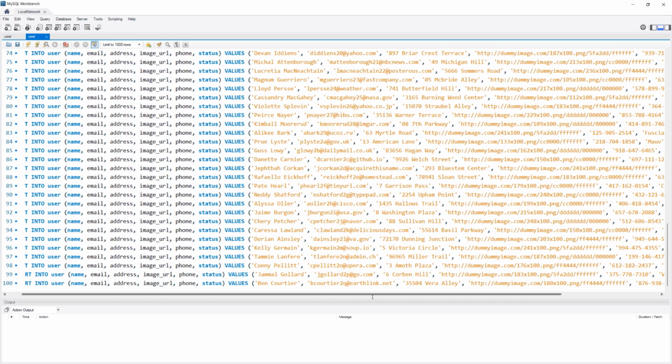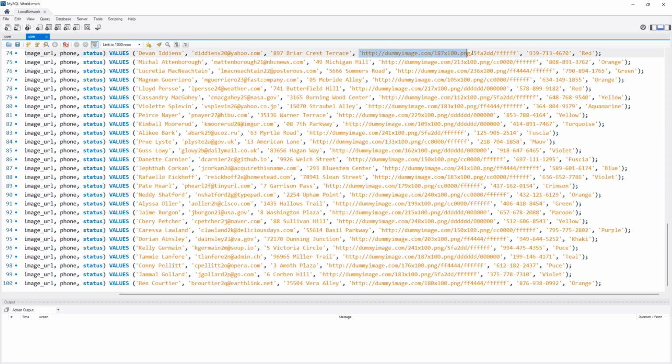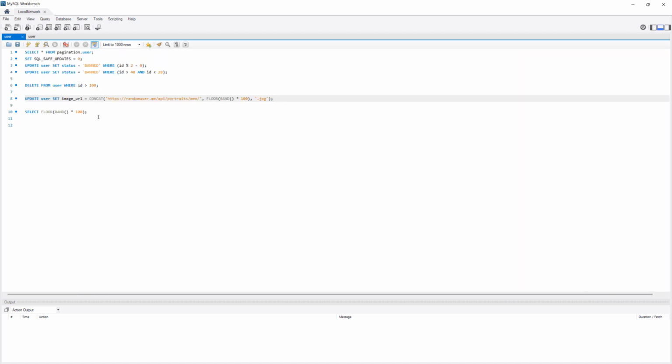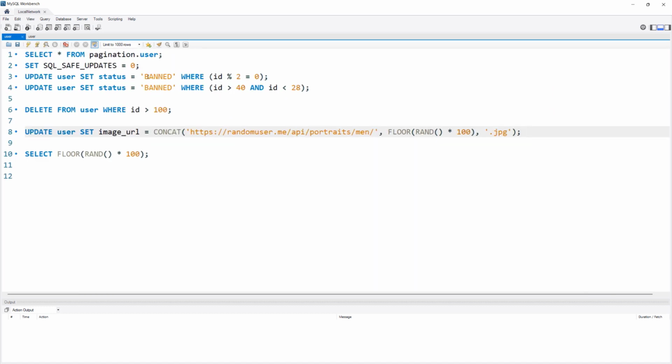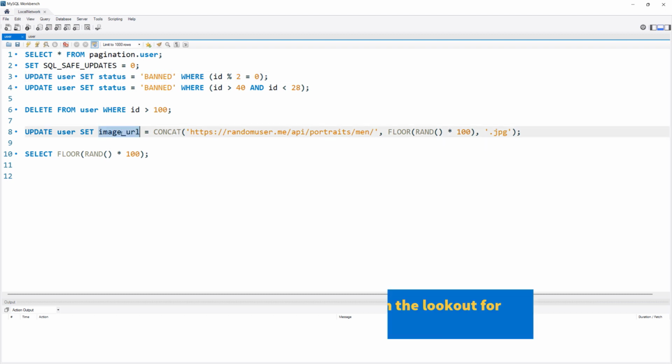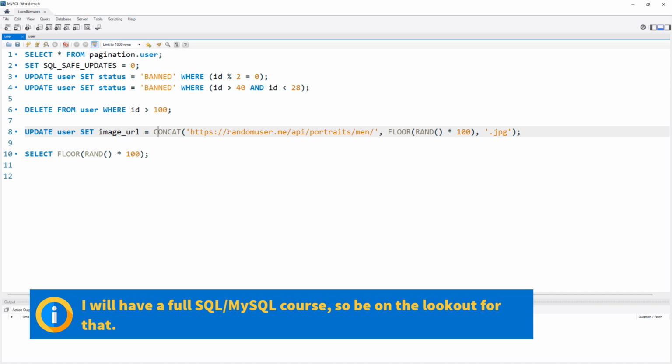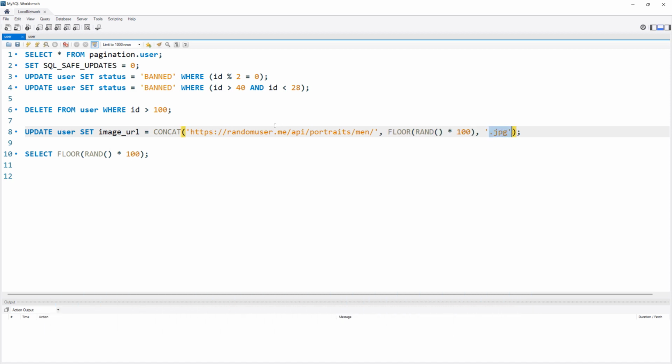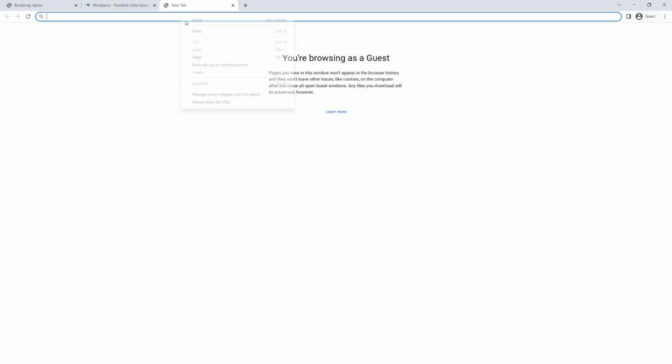And then the other thing I did is you see that I'm using this dummy image, and I didn't like this. So what I did is in here, I was doing some experiments. I just changed some of the statuses of the users, and then I changed the image URL of the users as well. So I just used the Random User API. I can copy this and show you that as well. And then I created a random number from 0 to 100, and then .jpg, because that's how these APIs generate images. So if I go back now and paste that in there